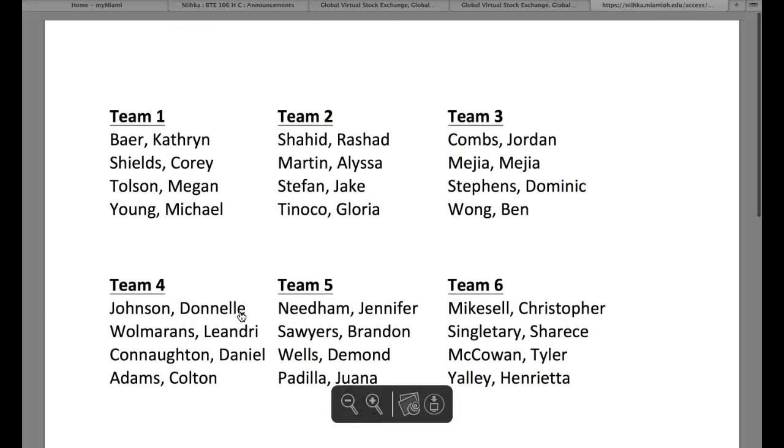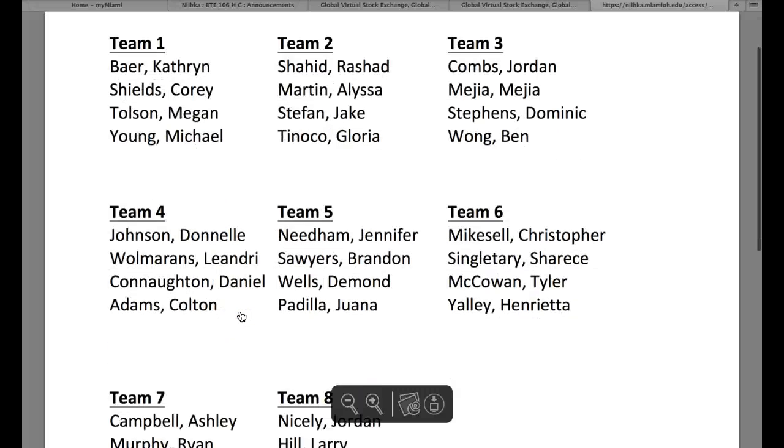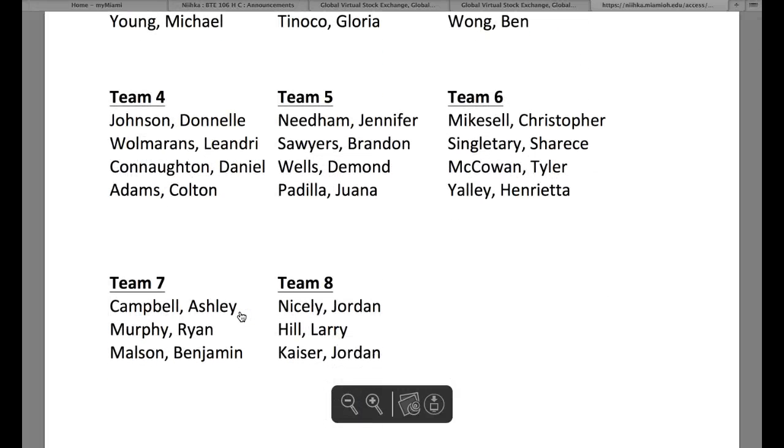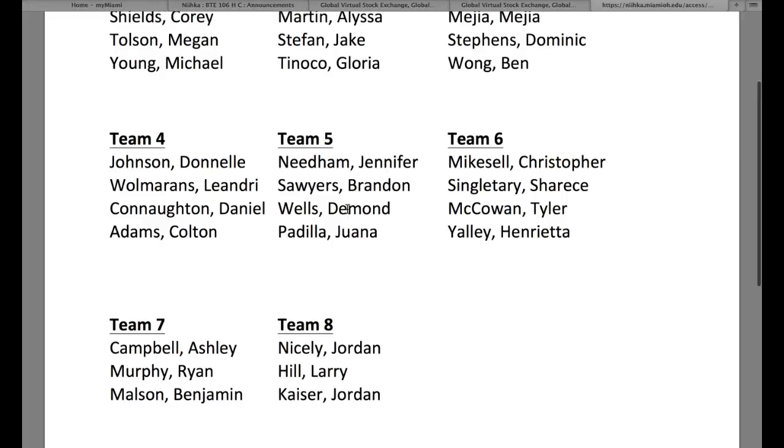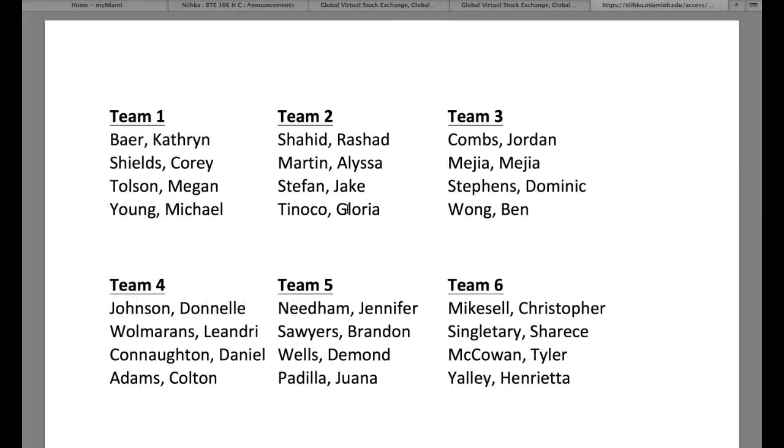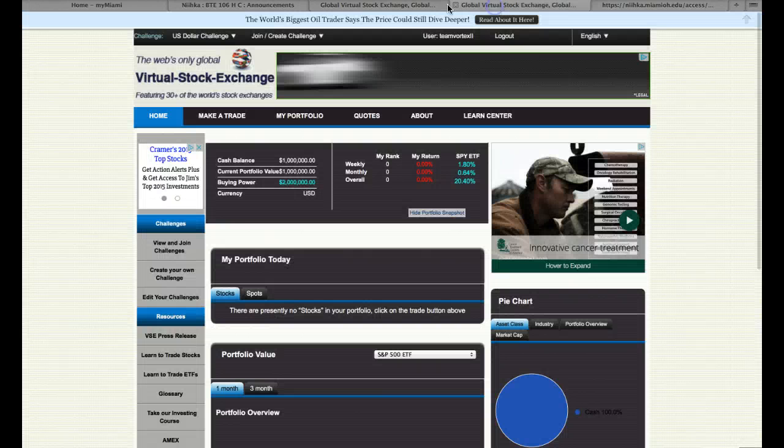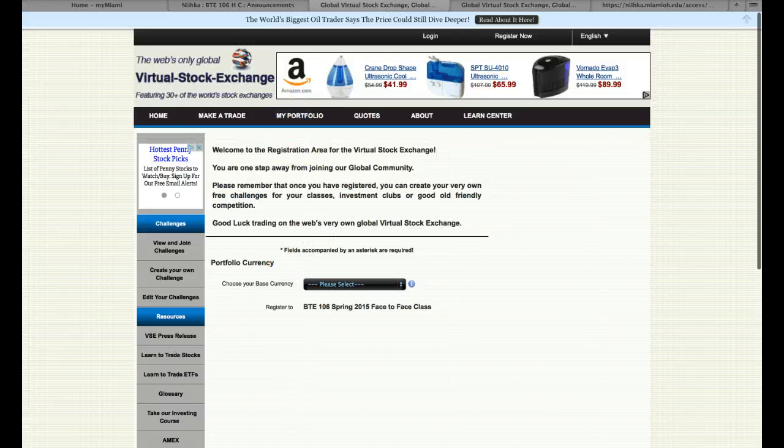But even with this still being out there in the announcement section like it is, the original teams stand, as long as you know what team you're in. That's the main thing, for you to be in a team and to know your team number and who your teammates are. If you've got that down, then don't worry about this document. You know what I'm saying? But okay, let's take some time tomorrow to finalize that if we have time. But getting back to this,